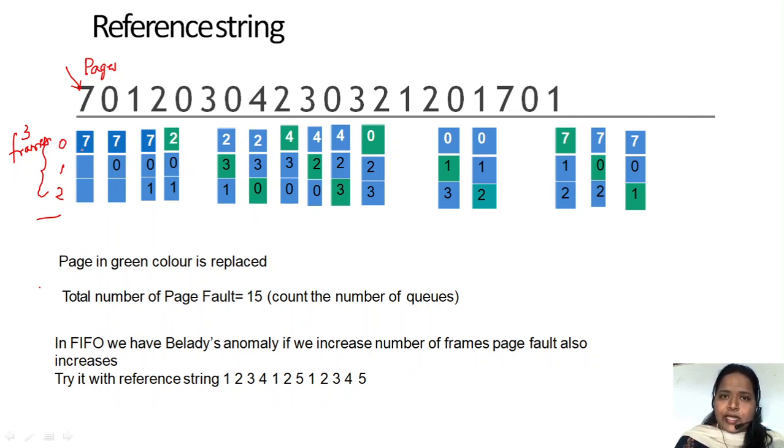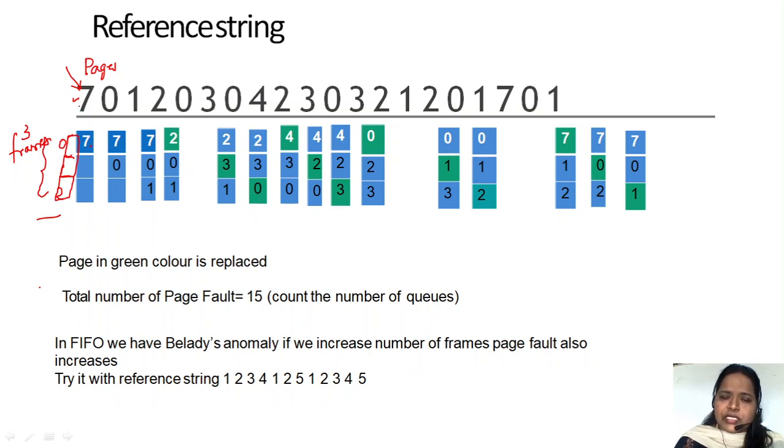So initially all the frames are empty. Let us think all 3 frames are empty. As all the 3 frames are empty, the first one is 7. So as we find a free space, we insert 7 over here. Fine. This is a page fault, as the 7th page is not there. Initially we have all empty frames, and empty frames means no data, no page was inserted before.